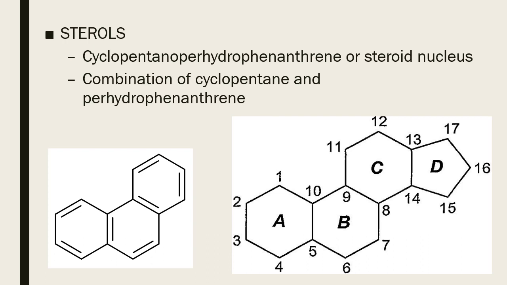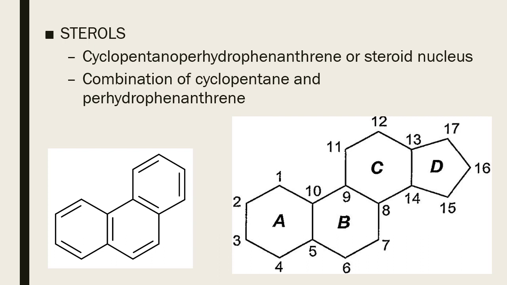And on the left side, you have your phenanthrin ring, which is made up of three benzene rings. So the phenanthrin ring is made up of three benzene rings, meaning they are